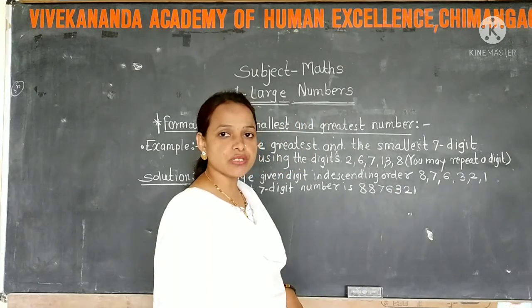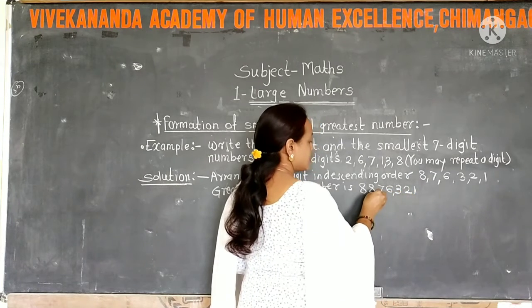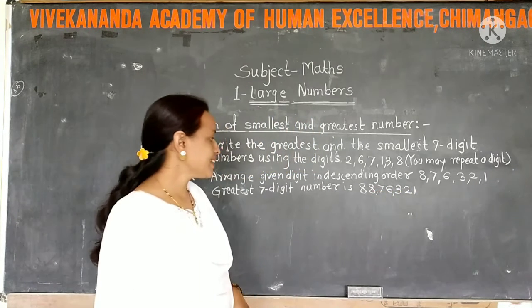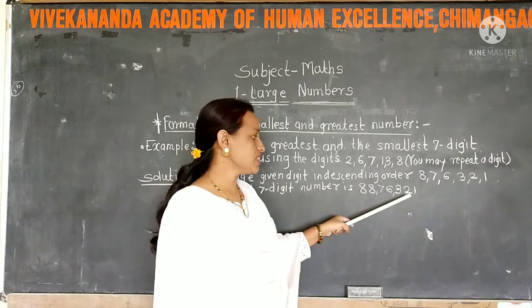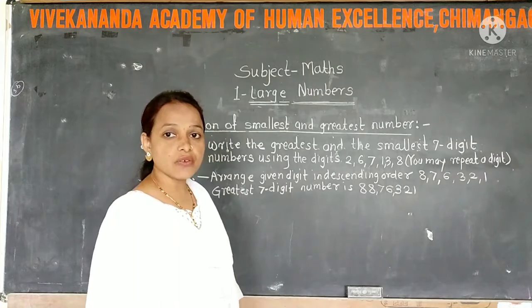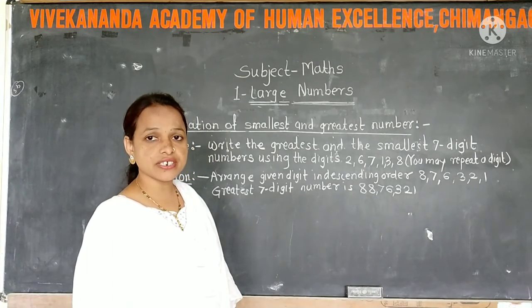Now we put the comma to separate the periods. Ones, tens, hundred, thousand, 10,000, lakh, 10 lakh. So we get here the greatest 7-digit number is 88,76,321. Now we write the smallest 7-digit number, and for that we have to arrange the given digits in ascending